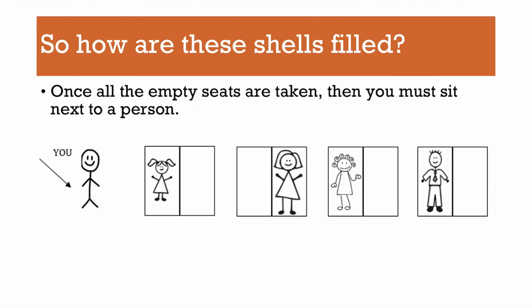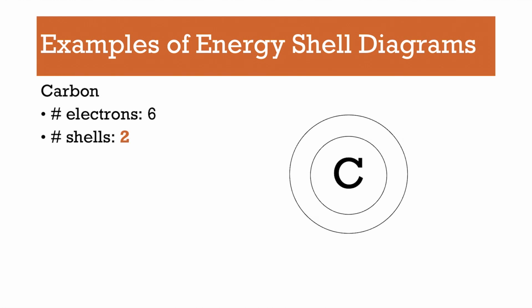Now, if you get on a stop later than you normally do, and your seat's gone, all the empty pairs are taken up, and you have to sit somewhere. So you sit next to somebody then, only because there's no other option to sit by yourself. And so this is what I mean with the electrons. So carbon has a total of 6 electrons. So remember, carbon looks like this.